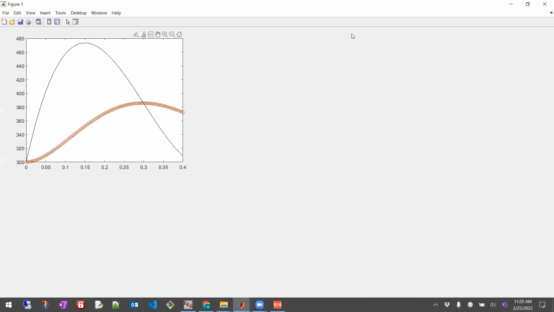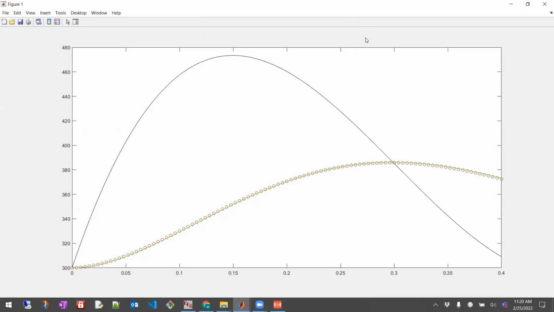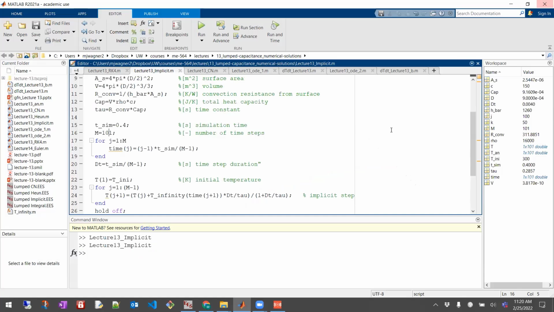Okay, so for 101, now it's pretty accurate. But you do see it's not perfect, right? At the very end, it's starting to diverge a little bit. Okay, so that's implicit. Now for